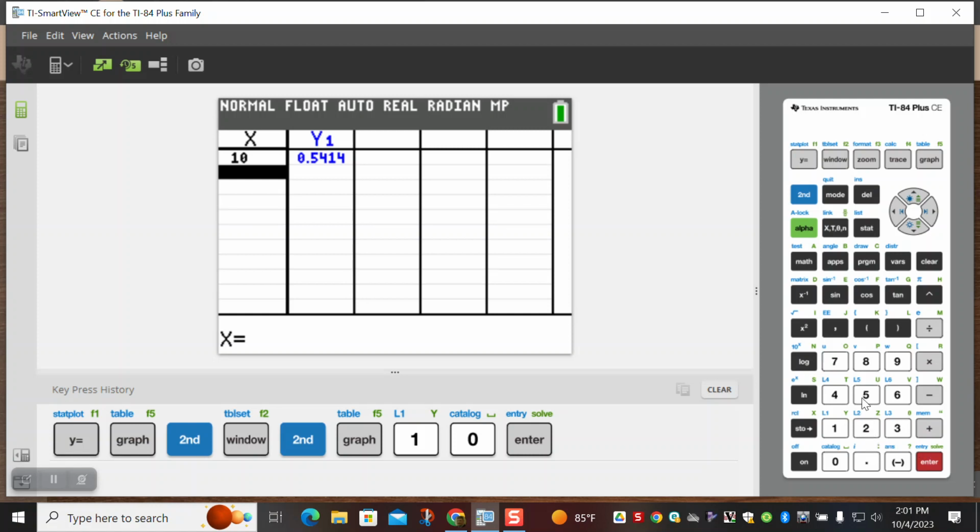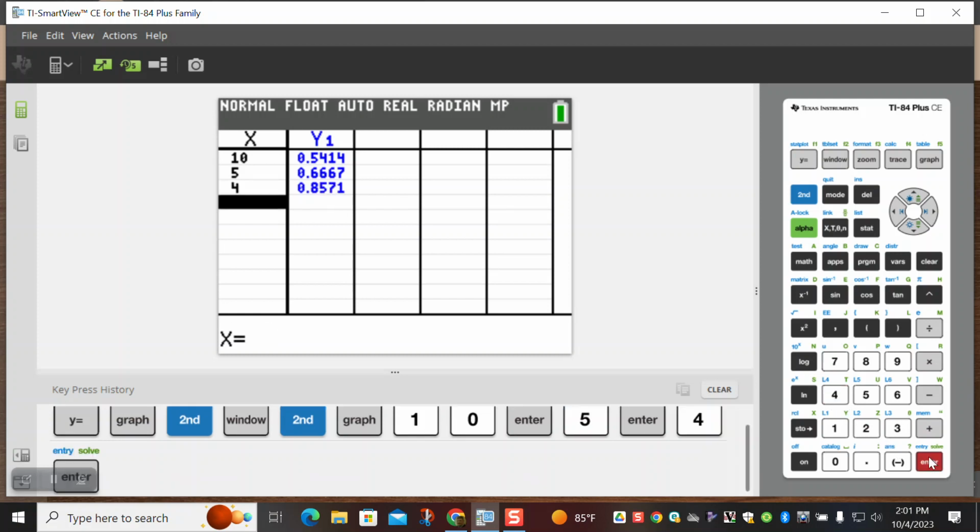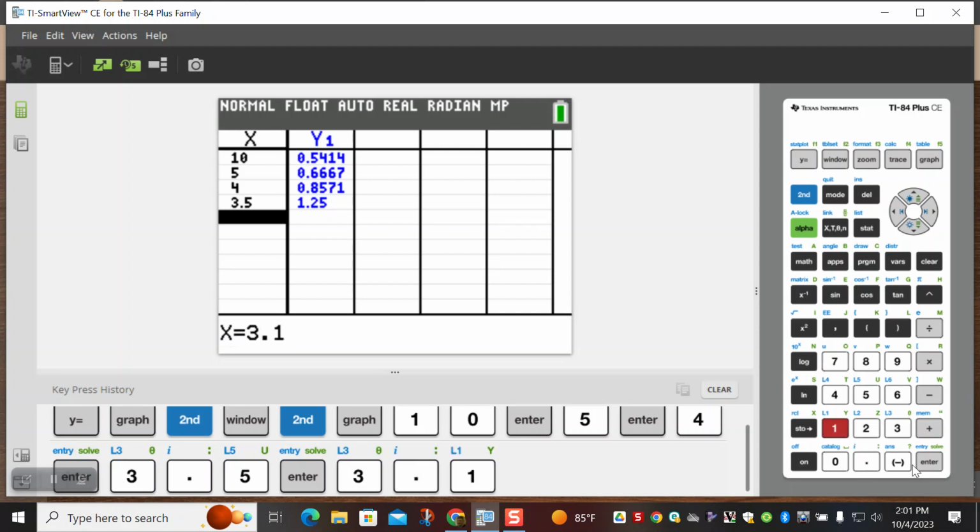We want to get closer to 3. Let's move closer to 3. Let's do 5, 4. So we're getting some slightly bigger numbers here, and then let's do 3.5. Now we're a little bit greater than 1. But let's get really close to 3. Let's do like 3.1,